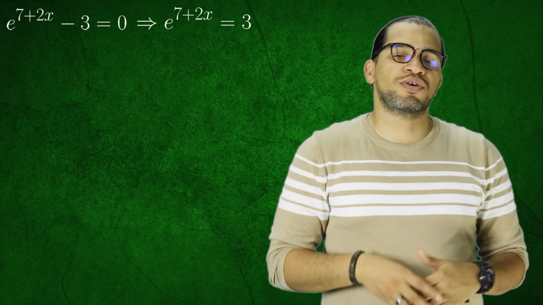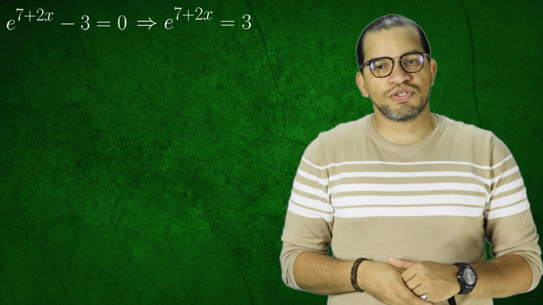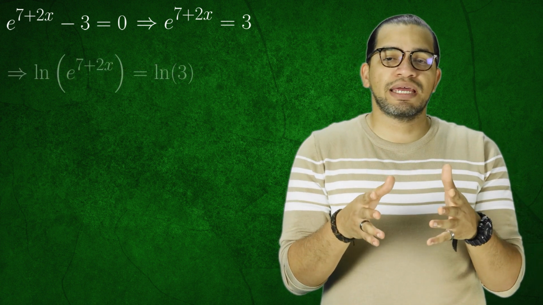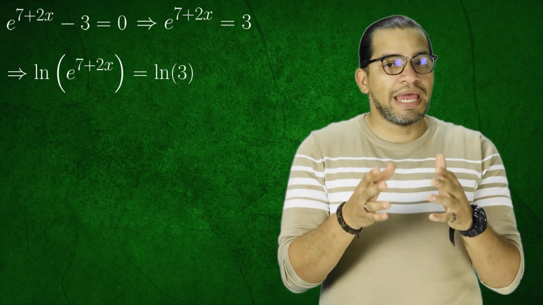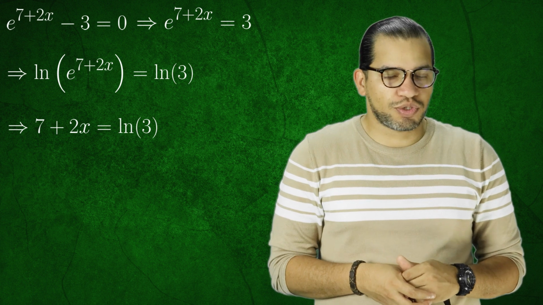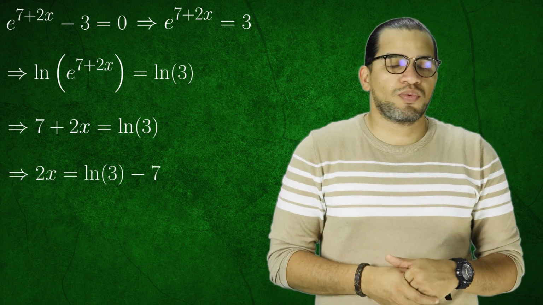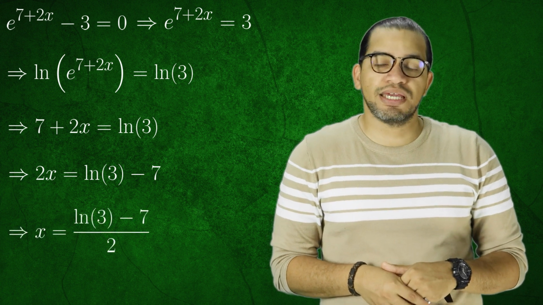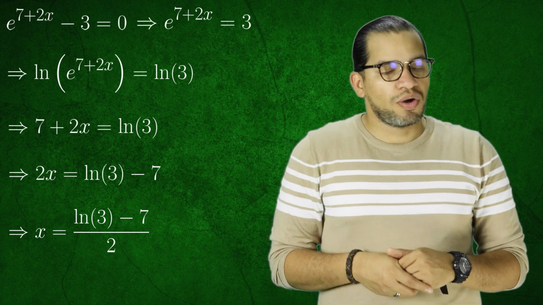Now, as the natural logarithm and the exponential function base e are inverse functions, we can apply the natural logarithm to both sides of the equation. So we end up having that 7 plus 2x is equal to the natural logarithm of 3. And if we solve for x, we have that x is equal to ln of 3 minus 7, all divided